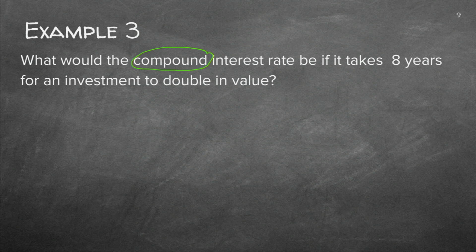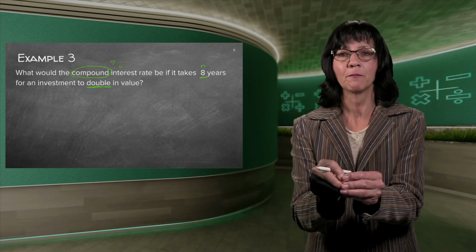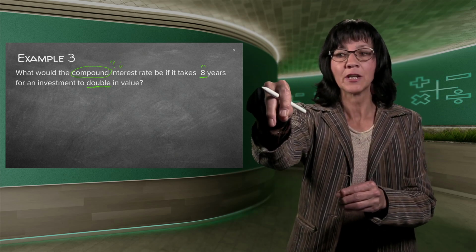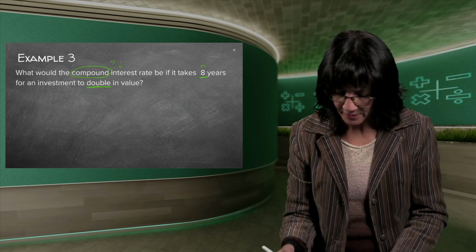Rate B. So what are they asking? The I. If it takes 8 years, that's my N, for an investment to double in value. Oopsie. I've now only got 2 green things written down, and I've got the word double. But what do we do when we're stuck in maths and we don't know what to make that amount? We make it X. So if I can put X amount of money in the bank now, I want in the end, in 8 years' time, for it to double.